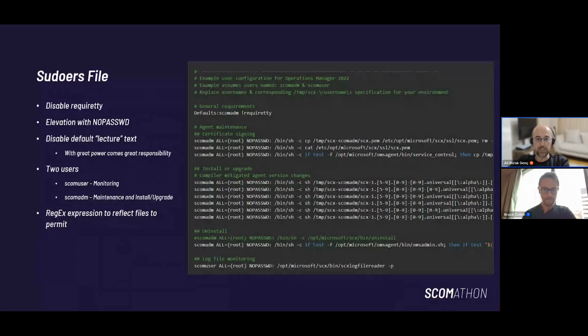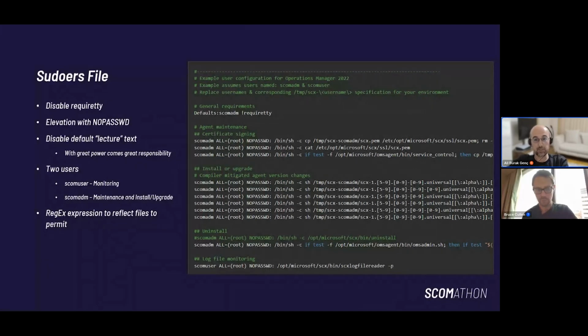Now, finally, we can take a look at our famous sudoers file. This file is used when you want to use a regular user for SCOM to monitor, but you want to have root rights to run maintenance tasks, or, if we speak generally, to run any command that needs root permissions. Microsoft has created some templates, and we have them on their websites in parts to make us understand it easily.